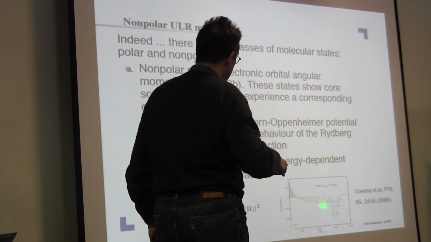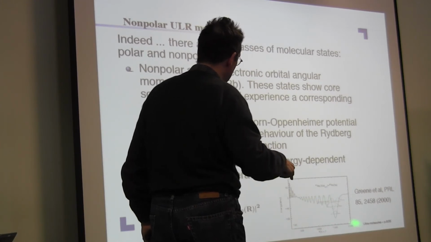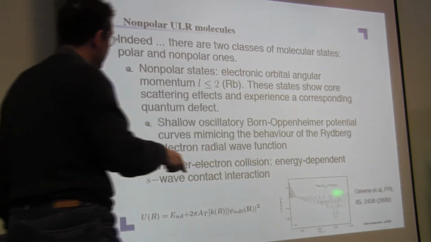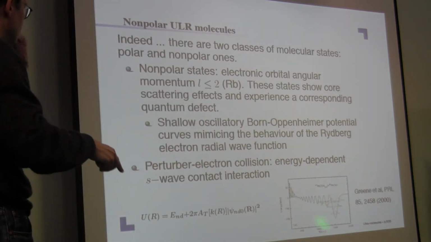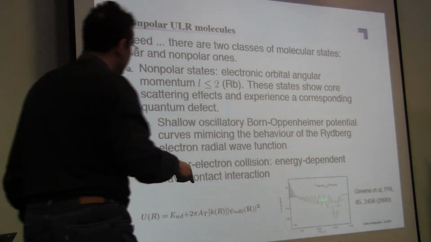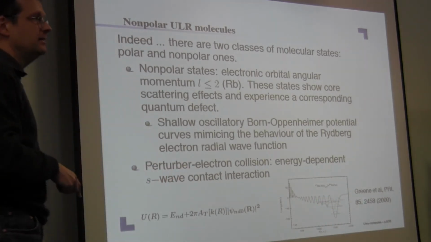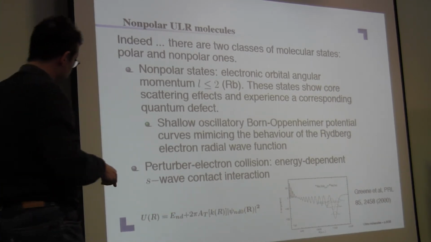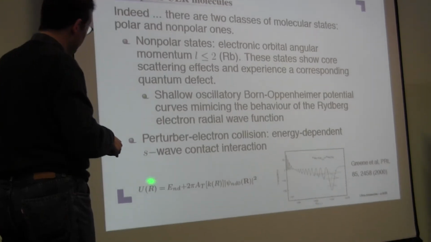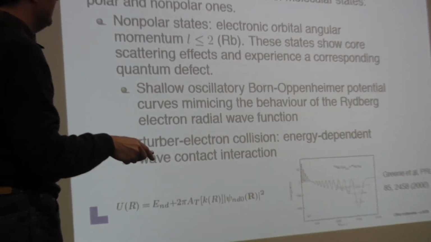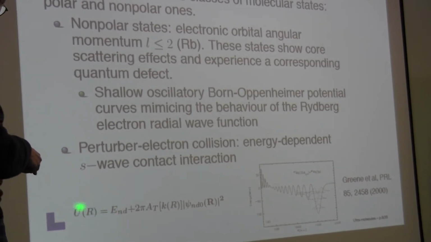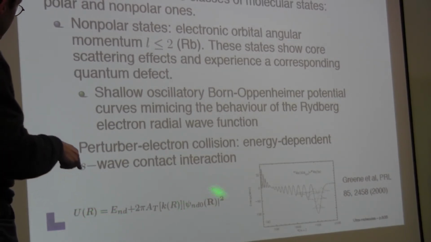You see that there are oscillations as a function of the internuclear distance, and that there are many local wells and minima, and finally the outermost well is the deepest one, and there are several vibrationally bound states in this outer well. And if you do a small calculation, which is easily done in this case, then you see that the U of R, which corresponds to my epsilon of R over here, the potential energy curve, is simply given by